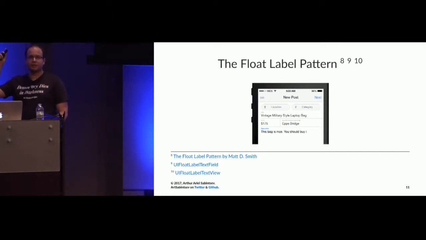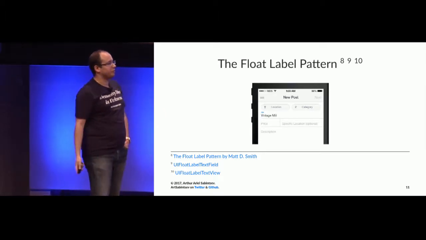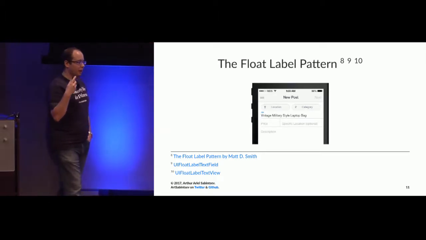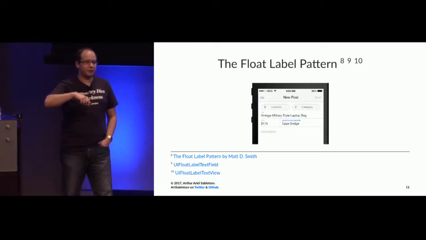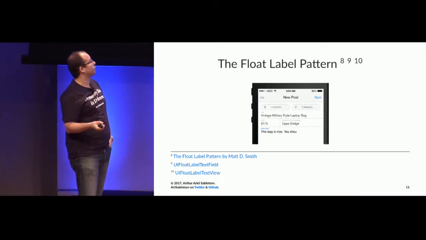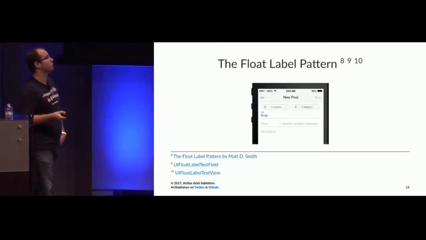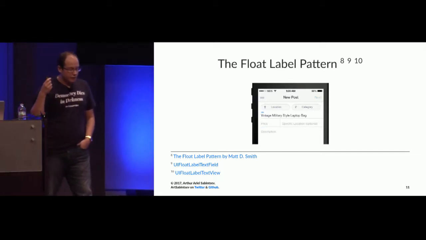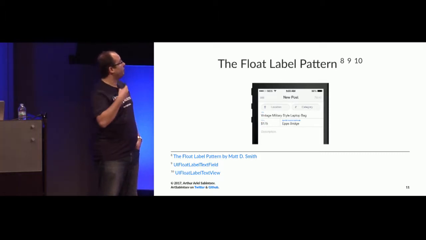Show of hands? OK, half of you. That's good. The float label pattern is very simple. For a text field or a text view, when you type in text there, the placeholder disappears. But it's good UX. Well, it's a biased opinion, but I happen to believe that's true. To show the placeholder that you just covered your text with above the label.